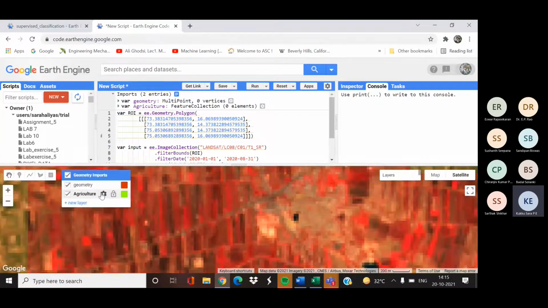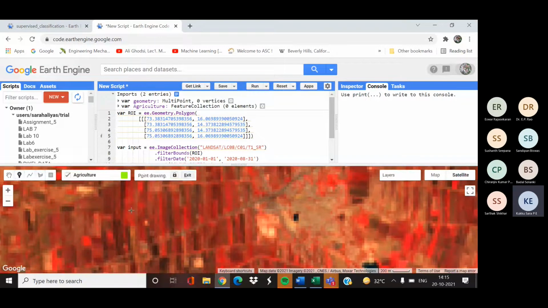You can collect the training points as either rectangles or points. A rectangle means it will calculate the average value, while a point means it will take whatever value corresponds to that particular point.